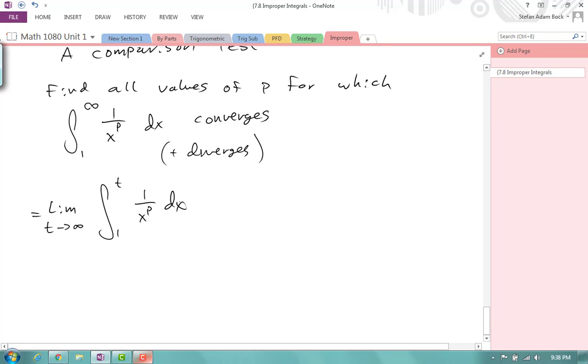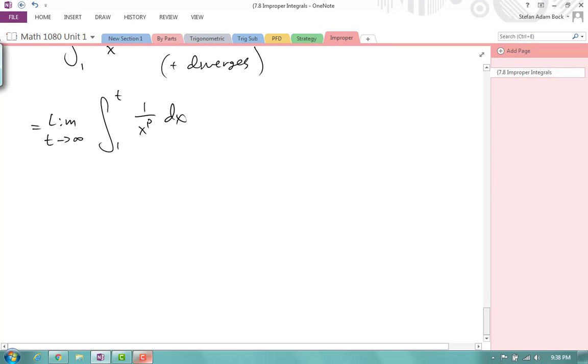Now, this will actually change, not derivatives, but antiderivatives. This integral will change based on how big p is. So, if p is not equal to 1,